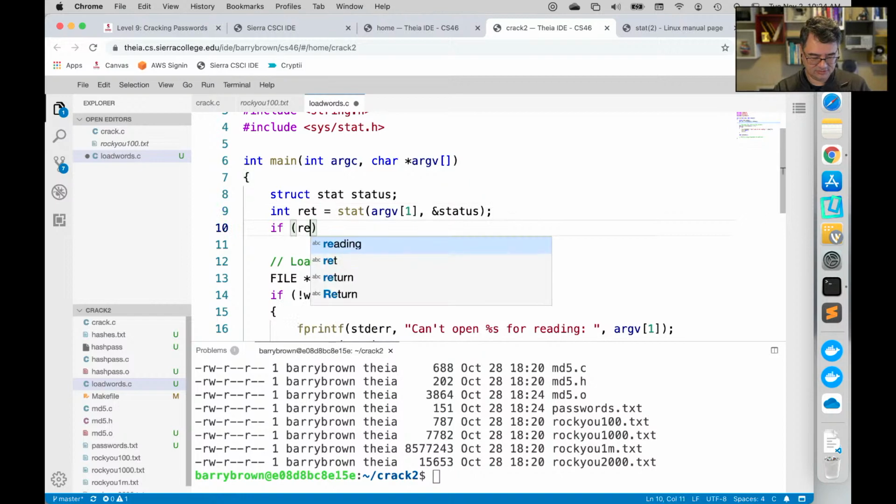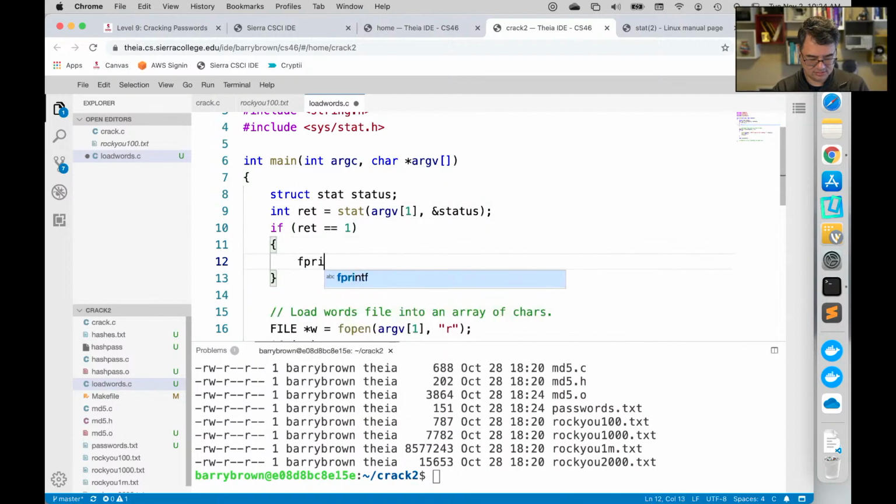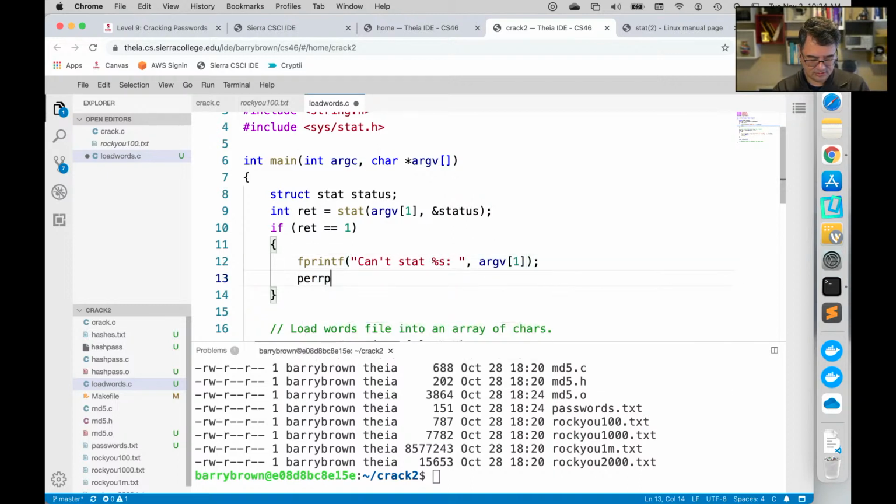So if ret is equal to -1, printf can't stat %s, we'll give it the reason, and then we'll exit. And this should be a negative up here.